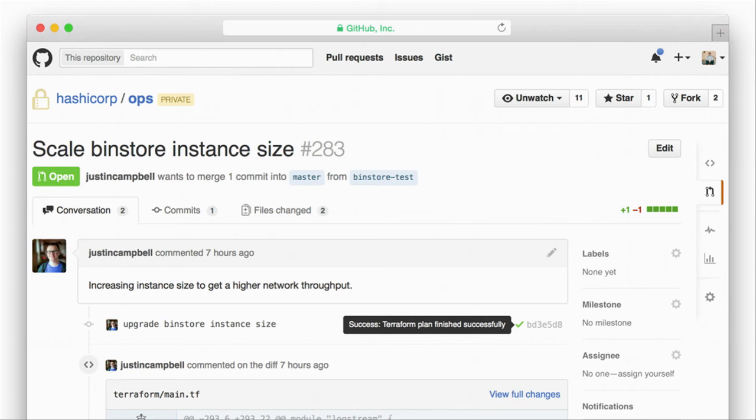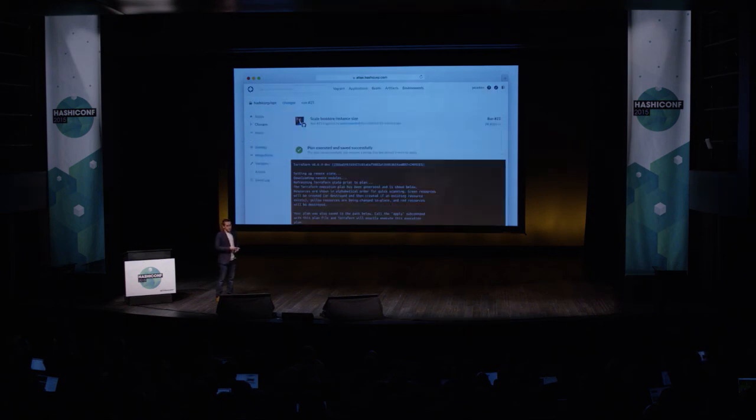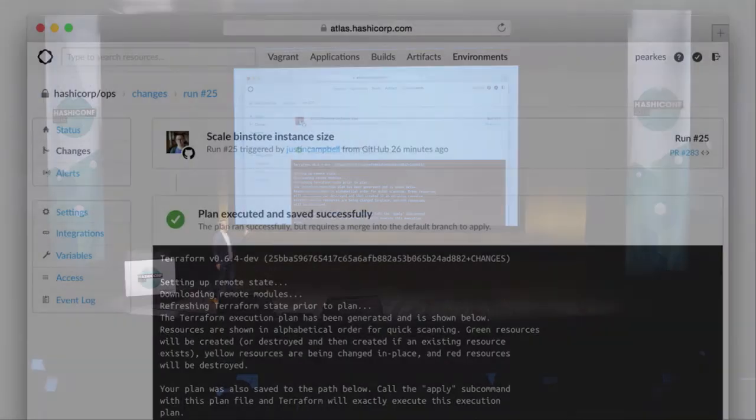So we didn't show it down here because there was some review and stuff. But you can see the green check mark on this commit, which is a success. The Terraform plan finished successfully. And this is starting to integrate with Atlas. And again, showing you the benefit of that versus just running it on your laptop. If you actually look on Atlas, if you clicked that green check mark or clicked to the things at the bottom, this is what it would look like.